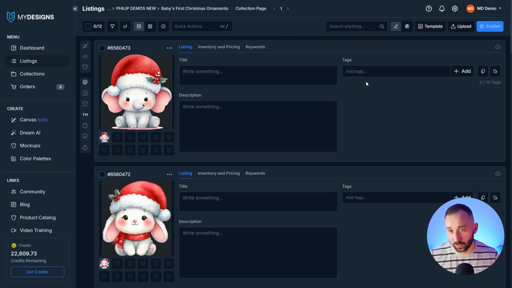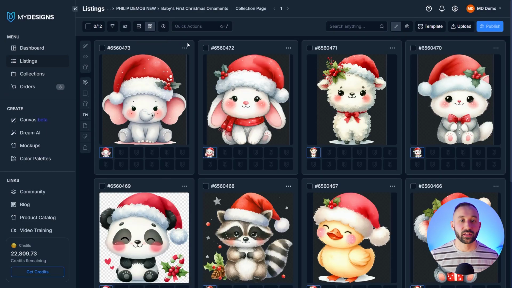So here we go, those have all imported, and now the next step is going to be creating the actual ornament designs right here in the template where people are going to change the name. Now, what you need to know about this workflow or this example that I'm showing you is it is just meant to serve as an example. You can use the same step-by-step process to apply it to your own niches that you found, or to apply it to a different product